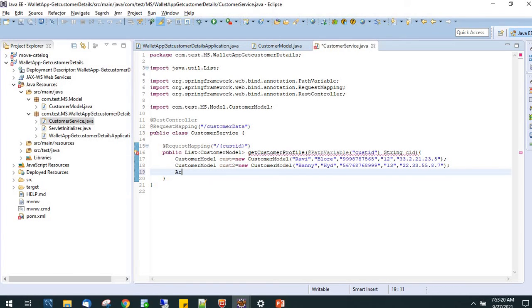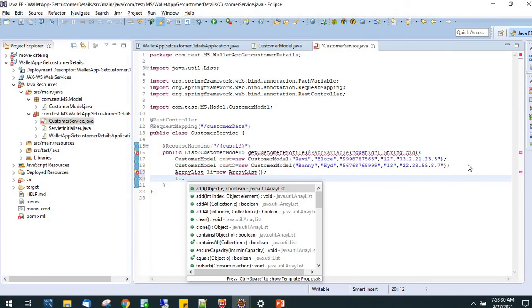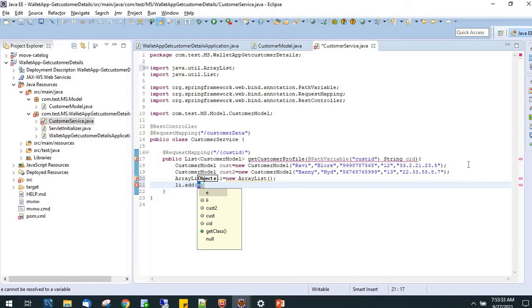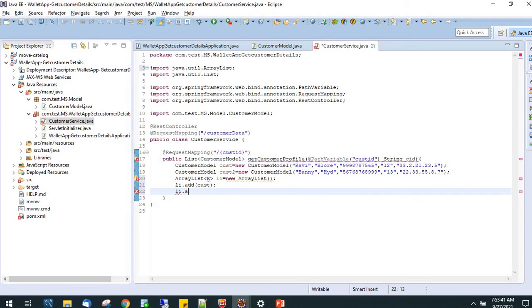We have to create an array list. We have to return a list, right? So go new array list. This is just a basic thing I am creating. Later we can modify after we know about API creation and the microservice concept. Just very basic things I am doing.